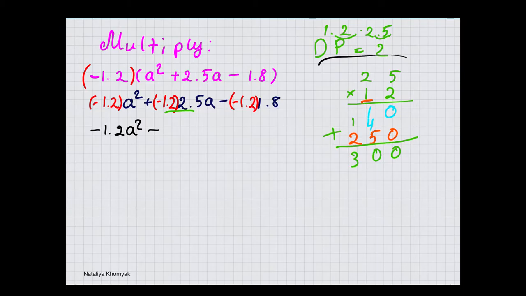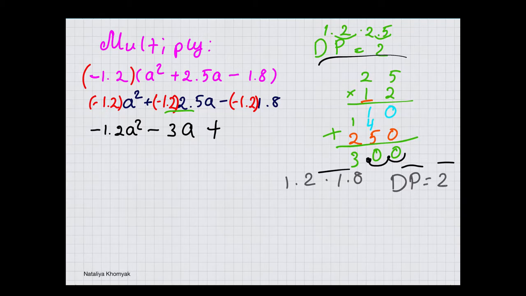Now we need to return the decimals. So 1, 2 decimal places. Thus, 1.2 times 2.5 gives us 3a. Next term we have negative times negative, positive. Now we need to multiply 1.2 times 1.8. We have 2 decimal places, and this becomes